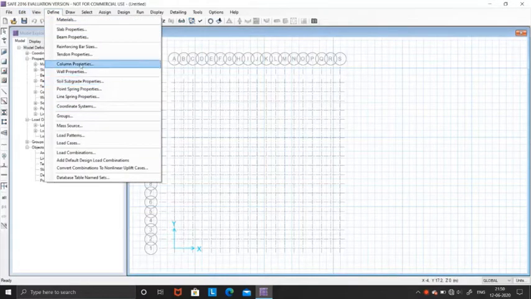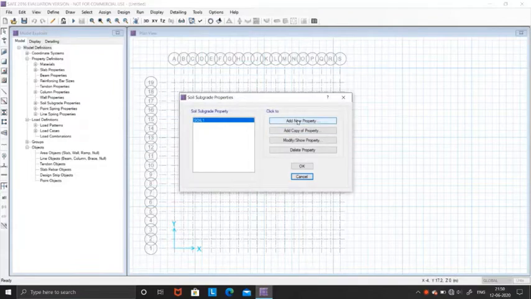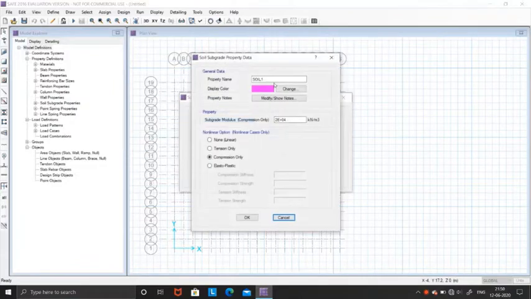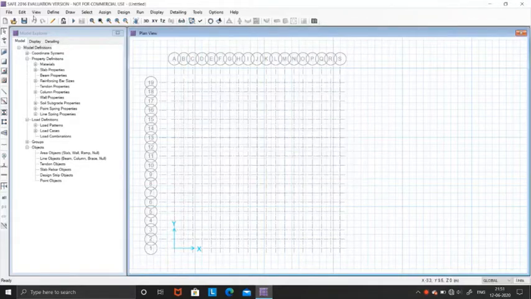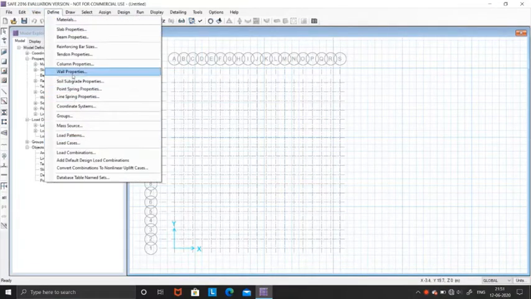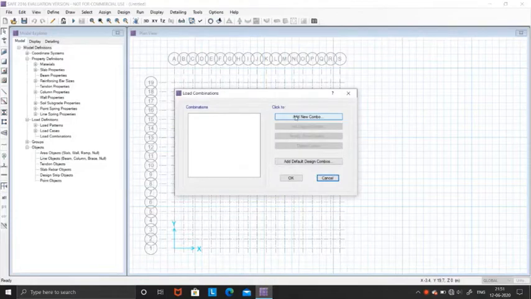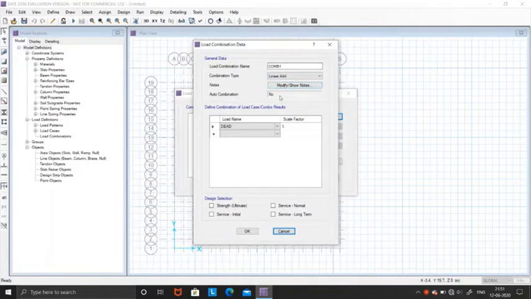Okay, now define and go to soil subgrade properties and modify this property, and here in place of 2 make it 3. Okay, and now go to define again, and we are going to change our load combinations. Add new combo, this combo 1, and it should be dead and live, and make these values 1.5 and 1.5 each.